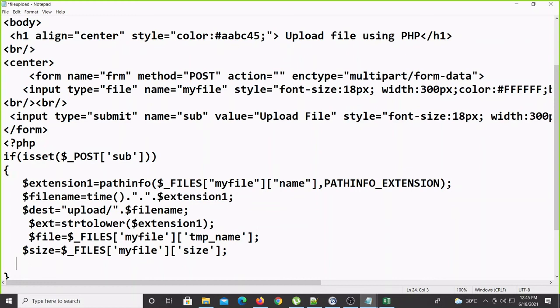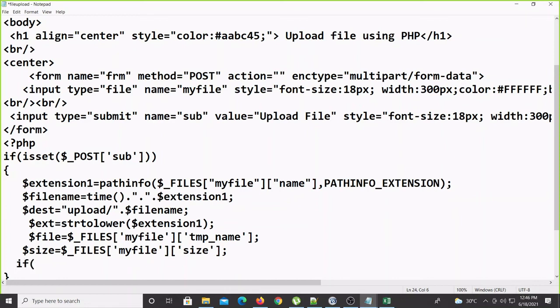First we'll check the extension of the file. I am checking here PDF only. So first we'll check whether the extension of the file is PDF or not. If PDF is there, okay. If not, then we'll display the message your file format is not supported. Then we'll check the size of the file. After that, if both are okay, then third part only we can upload the file. So we'll use the if condition.